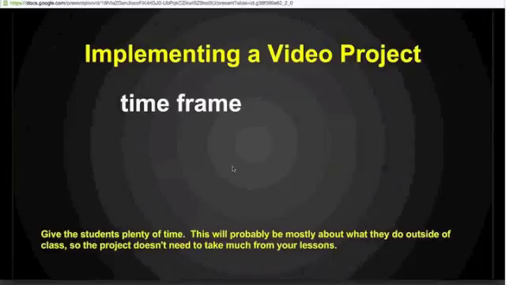Now, 6 is not a number set in stone by any stretch. The scope of the project is going to determine how long you would want to give your students to work on this kind of thing. However, they need enough time to really be able to develop an idea and to get their own creative insights into it.